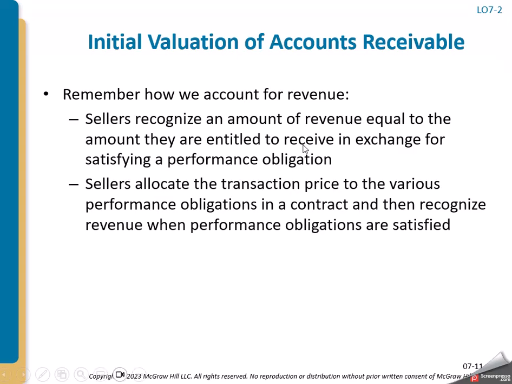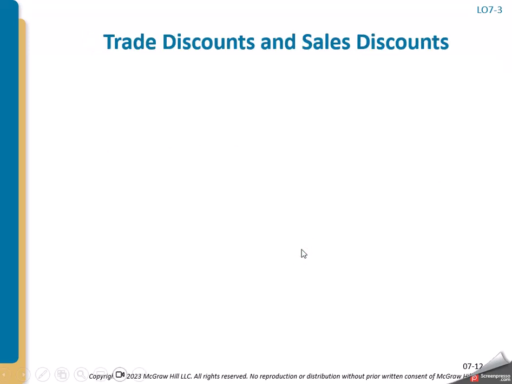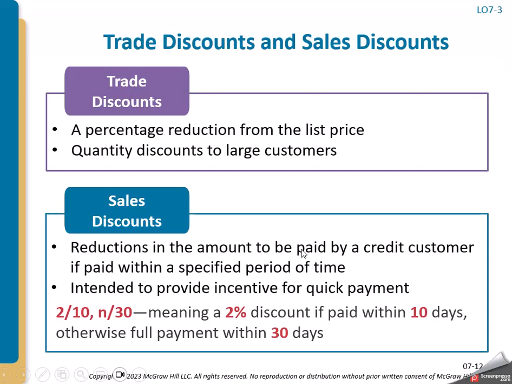So we always record our revenue at the amount of the obligation, or like we just had in the last chapter, we might allocate that based on when the performance actually occurs or when we actually earn it. And then these were some of those different complexities that we talked about in that chapter.